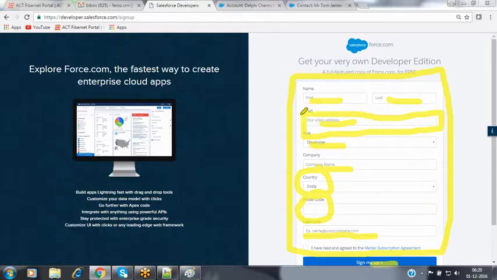It is sending that account activation link to the email ID which you have entered over here. So now by using that email ID, we can activate that account just by clicking on that account activation link forwarded to your email ID, and we can enter the password and the confirm password on that link, and activate your account, and we can log in to your account directly from the next time.